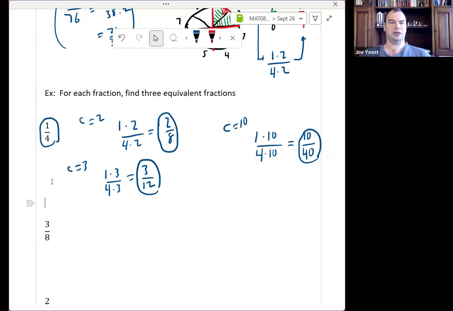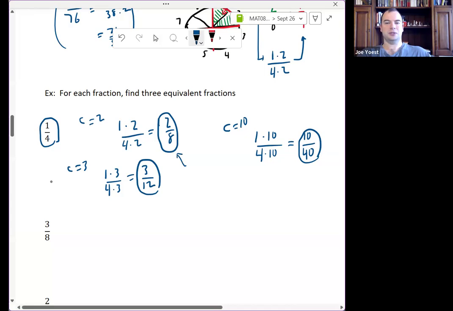I could think of the quantity 1/4 representing a certain amount of pizza. If I took a whole pizza, cut it into 4 equal slices, and I had one of them, that's the same amount of pizza as if I had cut it into 8 equal slices and have 2 of them, or cut it into 12 equal slices and have 3, or cut it into 40 equal slices and have 10, etc.